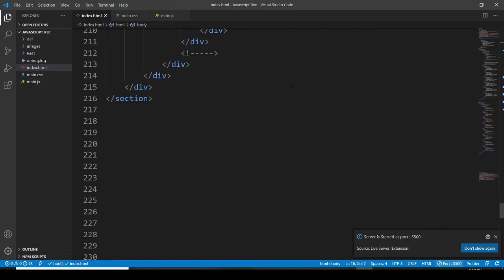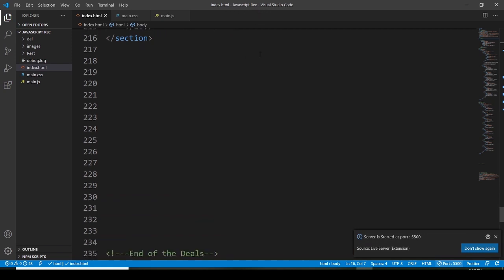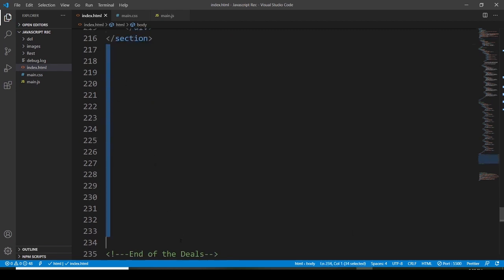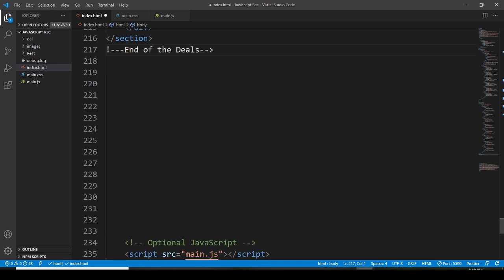Here I've already opened the folder. If you guys remember, we were working within this folder, JavaScript recording. Let me remove all these extra spaces from here. And now the next one is the slider section. So let me say slider section,